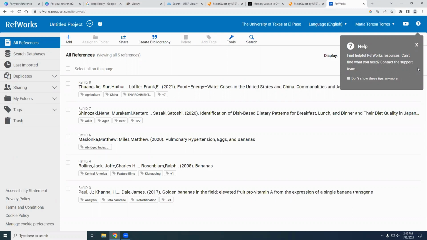Some of them are better suited for various things. What's important to remember is no learning curve is worth you wasting time on working on a major project. So if you find that an Excel spreadsheet works absolutely the best for you, do that. If you find that Mendeley works best, Zotero works best, use whatever is going to be most helpful to you and your project.